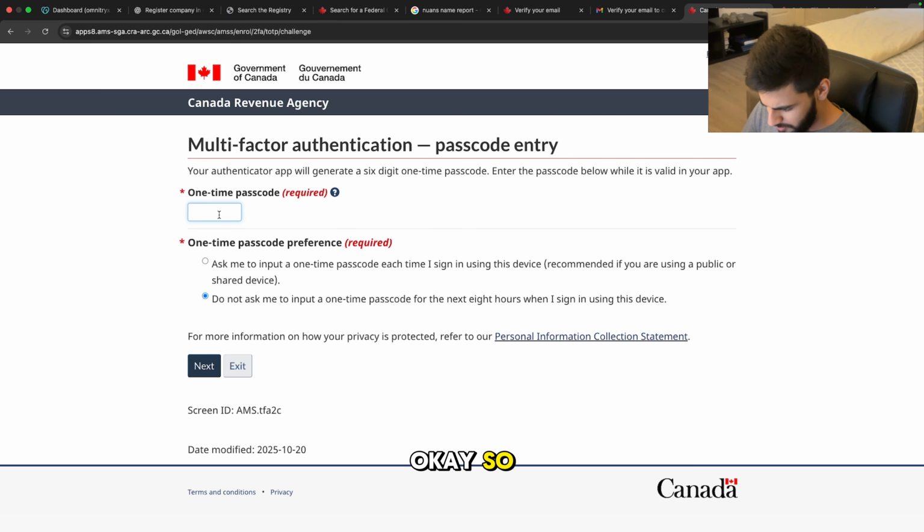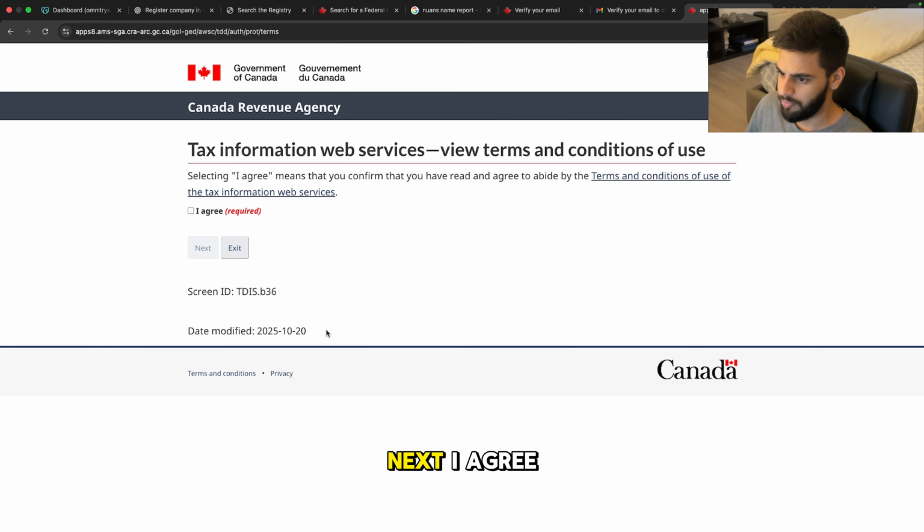Okay, so I don't have it here. Is it like a different authenticator? It is. So 928-904. Next. I agree. Next.